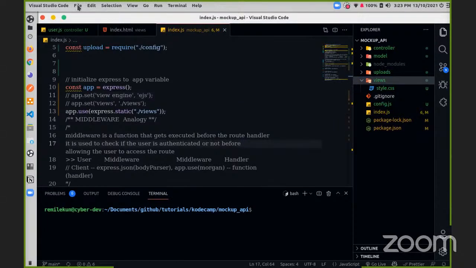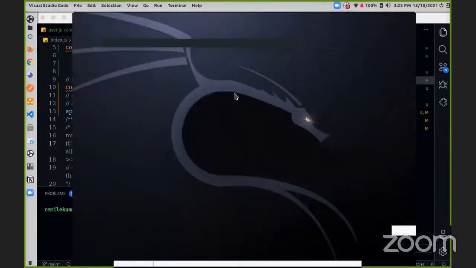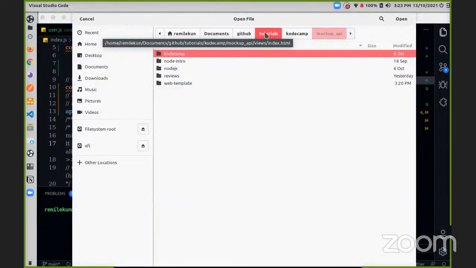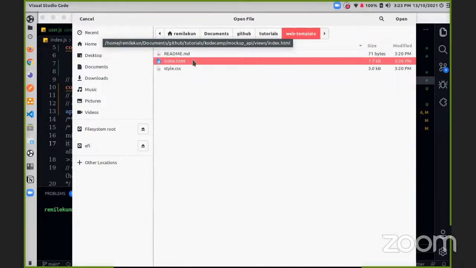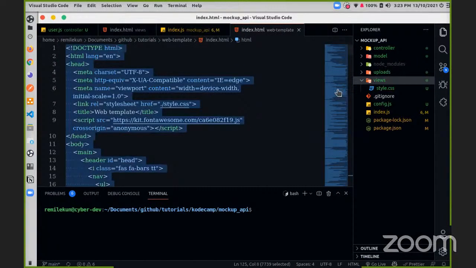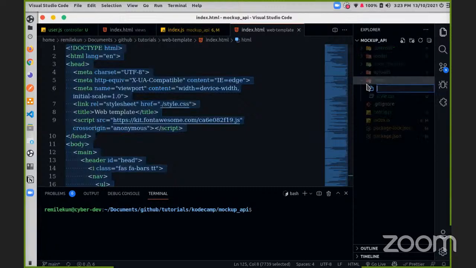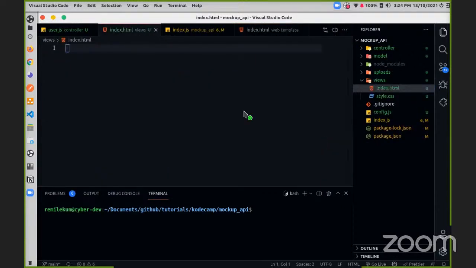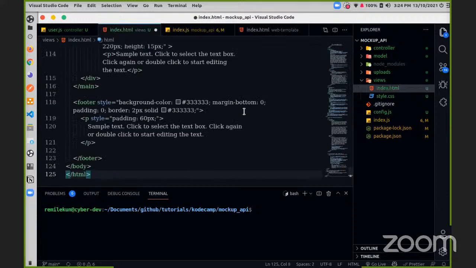Let me just open up that file. So we have web templates here. We have HTML. So grab everything here. Create an HTML page in my view. So index HTML file. Stick it there. So if you also have your HTML and CSS pages, you can just put the HTML